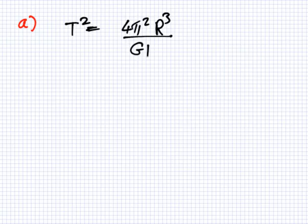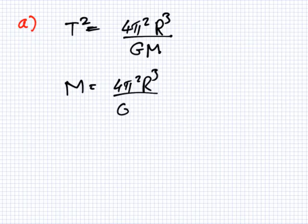Right, so the first part is the mass of Mars. So we should use Kepler's law here. T squared equals 4 pi squared over GM. And what do we want? The mass. So the mass equals 4 pi squared r cubed over G T squared. So that's 4 pi squared, and the radius of the orbit of the moon